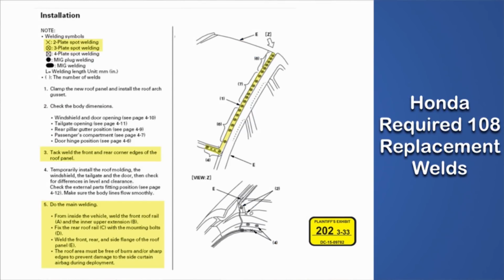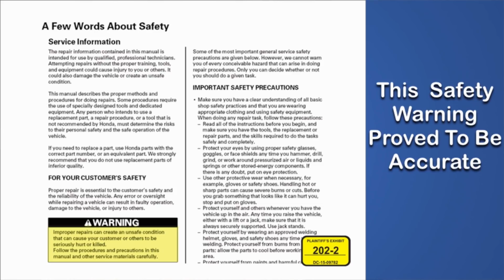They told you where to put them. They told you the thickness. They told you the kind of wells. And they told you if you don't do it, this is what's going to happen. And you know what? It proved to be accurate. Improper repairs can create an unsafe condition that can cause your customer or others to be seriously hurt or killed. Folks, follow the rules